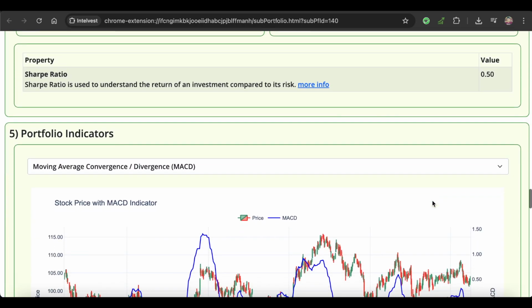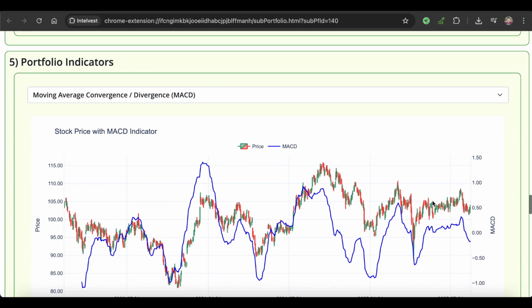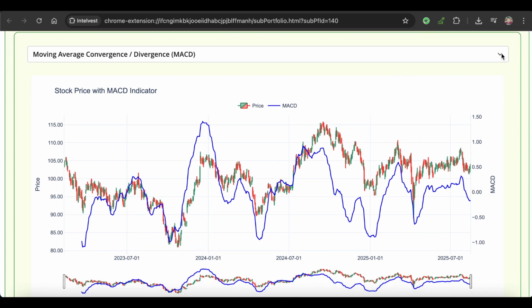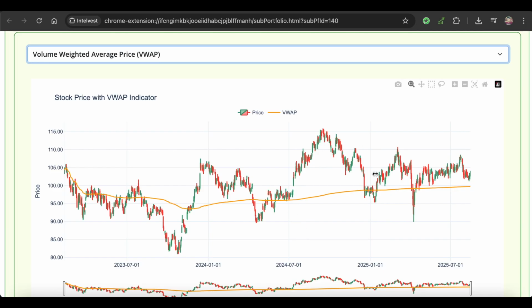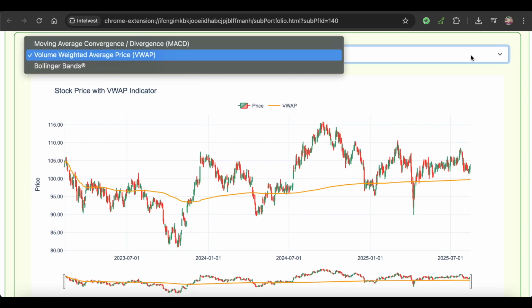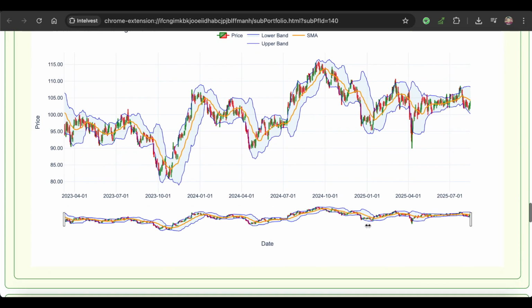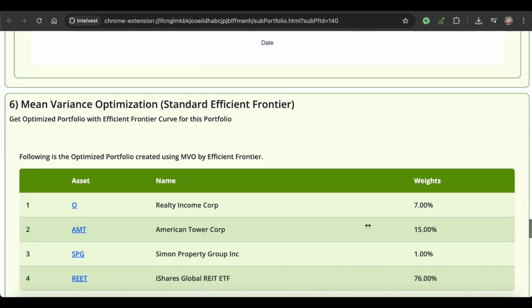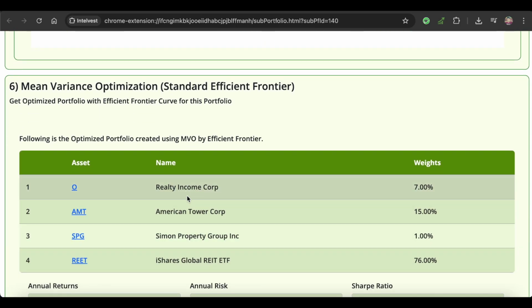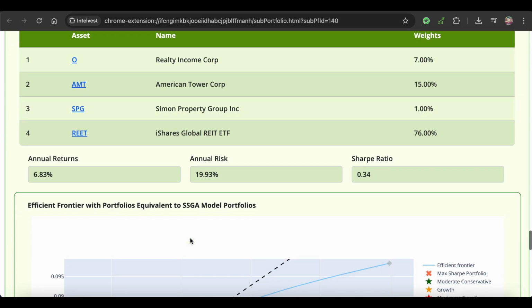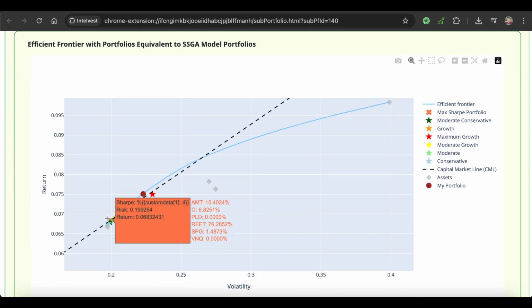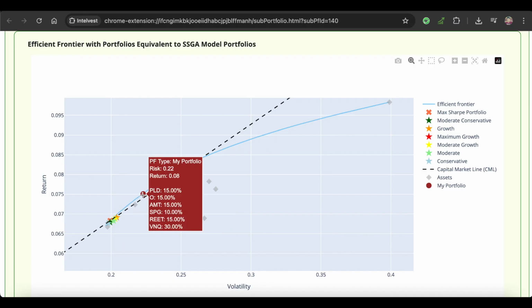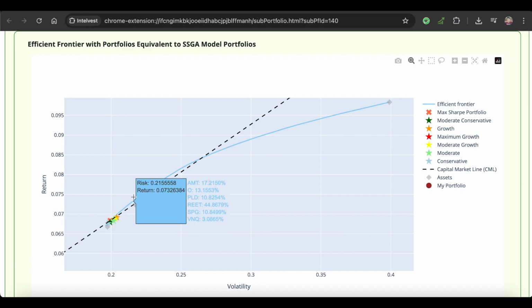Further, you can look into the various portfolio indicators like moving average convergence divergence, MACD, volume weighted average price, VWAP, and Bollinger Bands. Finally, you will get the optimized portfolio generated based on the standard efficient frontier considering the assets present in your portfolio. You will see the visualization of efficient frontier along with the optimized portfolio and the current portfolio plotted on